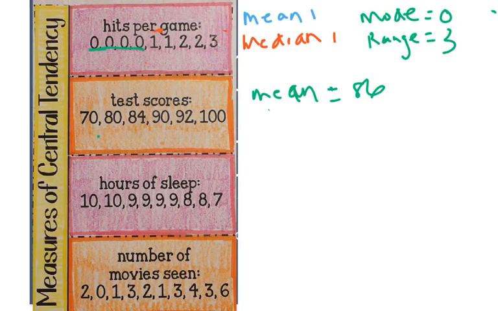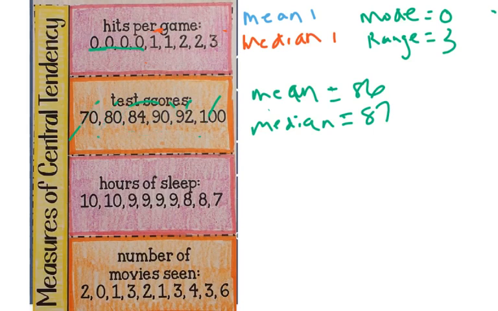Then we need the median. Remember, median means middle. Think about driving down the highway. The middle lane there is the median. Median, middle. You're going to list your values from least to greatest. They are already there for you. And then you're going to find the middle value. Low, high, low, high, low, high. Uh-oh, we have 2 left in the middle. So I need to circle them. Then I'm going to add them together, 84 plus 90, and divide by 2. My median is equal to 87. Okay?